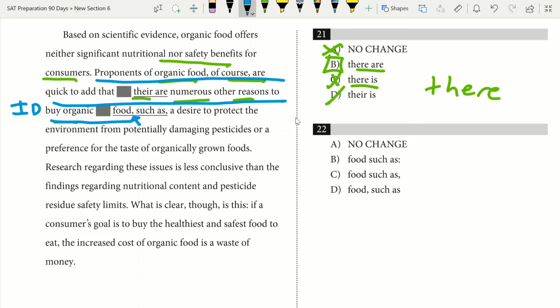We have to have a comma before it since we just had an independent clause, so we can go ahead and get rid of B and C because they don't have a comma after the word food. Now we're between A and D. Next thing we're looking at is whether we should have a comma after such as. We don't need to have a comma after such as, so our answer there is going to be D. So the answer for 22 is D, and that takes us through